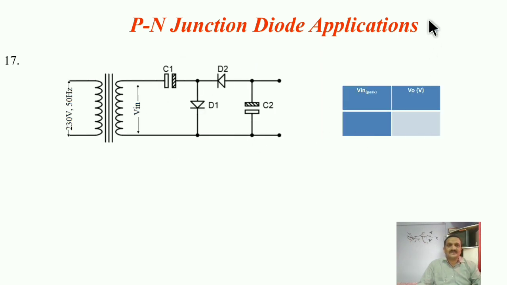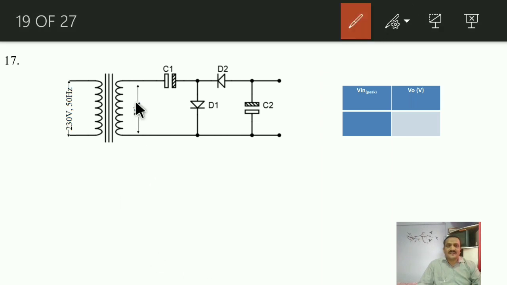This is nothing but a voltage multiplier. See, during the positive half of input, diode D1 will conduct. This capacitor will charge with the polarity plus and minus, equal to Vm, like this. During the negative half of input, diode D1 will turn off because it acts as reverse bias. During the first positive half, diode D2 will be reversed, so no current will flow over here. Current will flow through diode D1 only because it is forward bias.